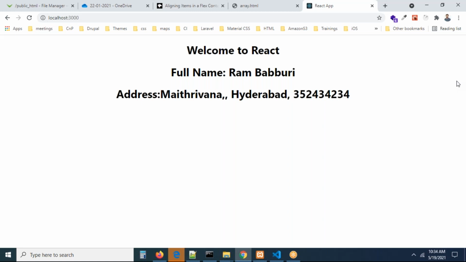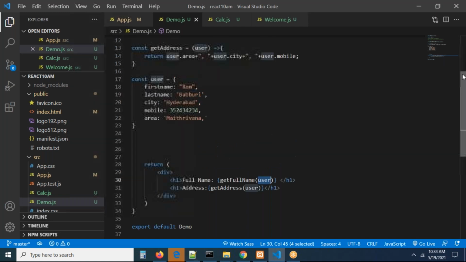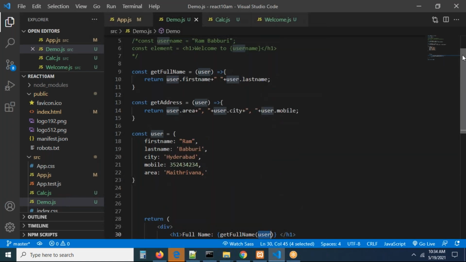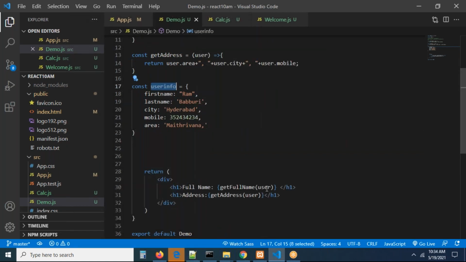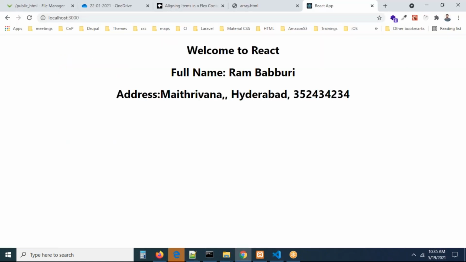That's our mistake, and this is exactly the way of iterating the data inside functions also, guys. I'm just slowly giving you an idea how exactly we can do things, so we can understand very clearly, right? Don't worry. This is user info. If you take this as user info, then you can pass this user info to your function. Don't get confused, this is user info and this is going to be user info. To get full name, we are passing the user info parameter. Then what happens, it will go to get full name. User info will be saved in the user variable, user dot first name, user dot last name. It will work for you perfectly without any problem.